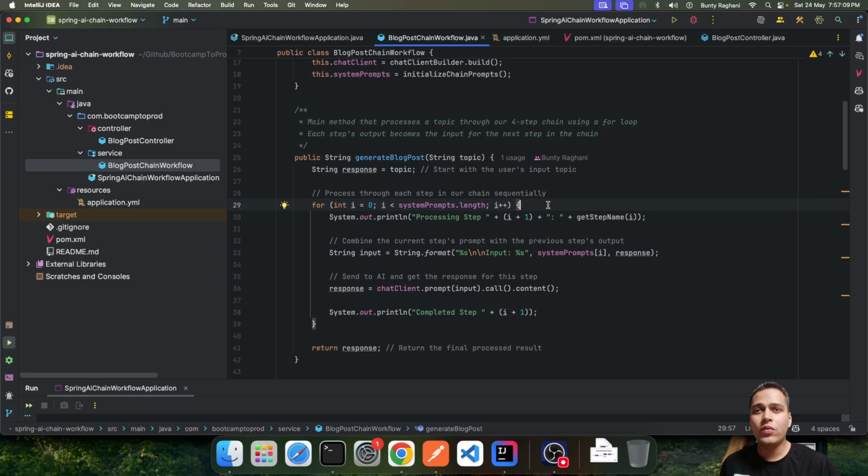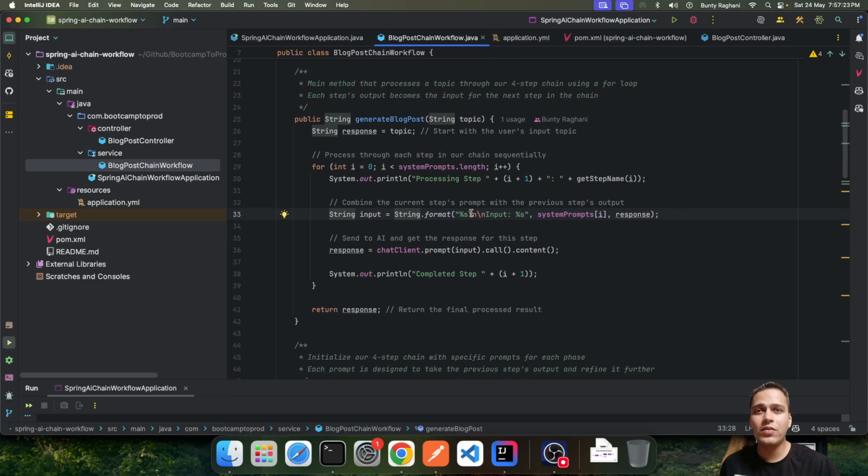So this for loop will run 4 times, and each time the input will be the system prompt, and the output generated by each step will act as an input to the next step. So here you can see first we are calling the system prompt, which we have to pass to the LLM, and we are also passing the response that we have received from the previous step. So this will become the input